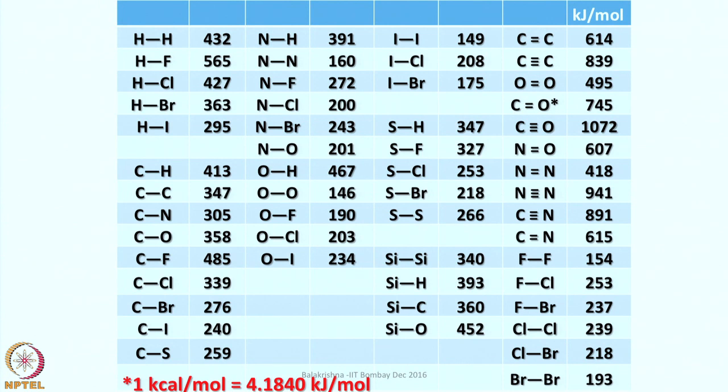We shall discuss all these things as and when we come across them, when I start discussing the chemistry of main group elements group-wise. Once the bonding concept is over, now more or less I have completed the structure and bonding concepts. In my next lecture, I will be discussing the chemistry of hydrogen. Once that is done, I will be proceeding to the chemistry of main group elements group-wise, that is alkali metals and alkaline earth metals, then group 13 elements, like that I continue until I complete group 18,